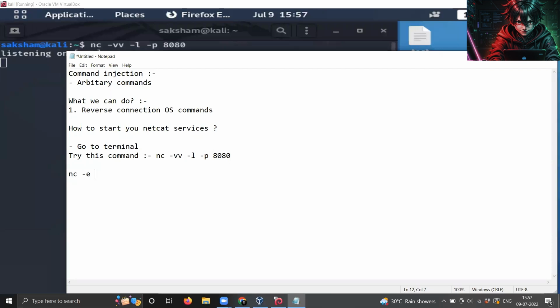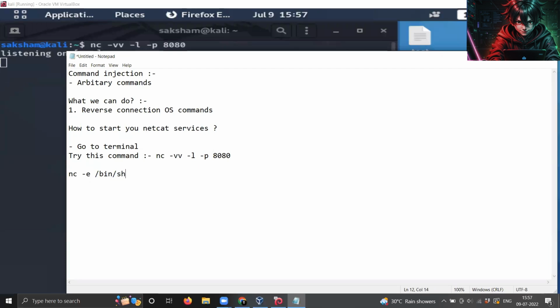So in order to start the netcat services, I'm going to write nc -e to execute, and then I'm going to give the destination where I want to connect my netcat services to. So basically, people have been using the netcat services to get the maintenance connection and these kinds of connections, but they never realize that they are always keeping their netcat services starting from the fixed